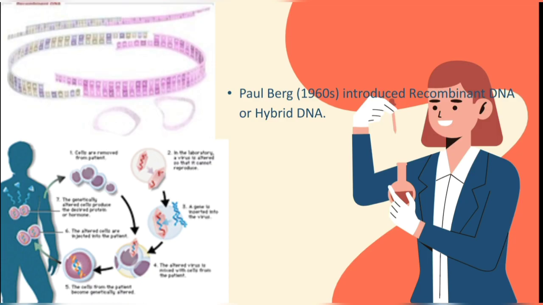Microorganisms can now be genetically modified to manufacture large amounts of human hormones and other urgently needed medical substances. In the 1960s, Paul Berg showed that fragments of human or animal DNA, or the genes that code for important proteins, can be attached to a bacterial DNA. The resulting hybrid was the first example of recombinant DNA. Recombinant DNA, or rDNA, technology inserts recombinant DNA into bacteria or other microbes to make large quantities